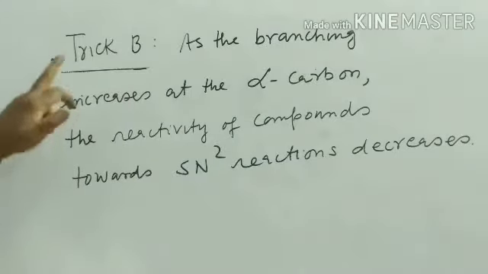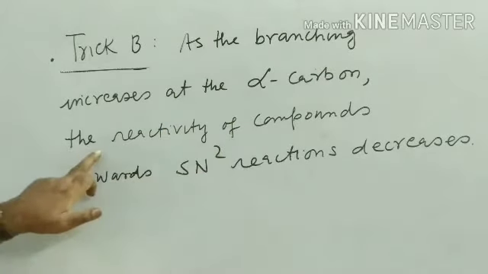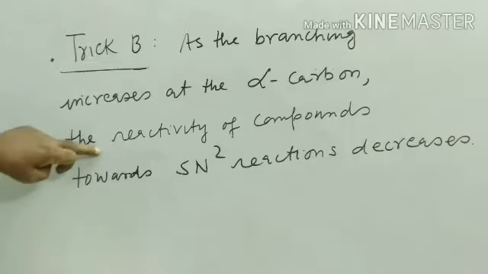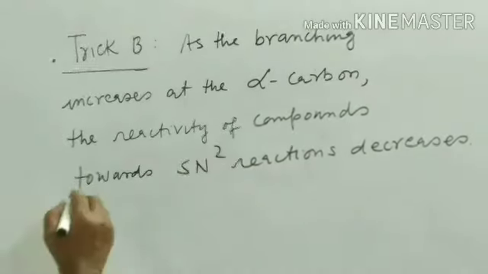This is the B trick. As the branching increases at the alpha carbon, the reactivity of the compounds towards SN2 reaction decreases due to